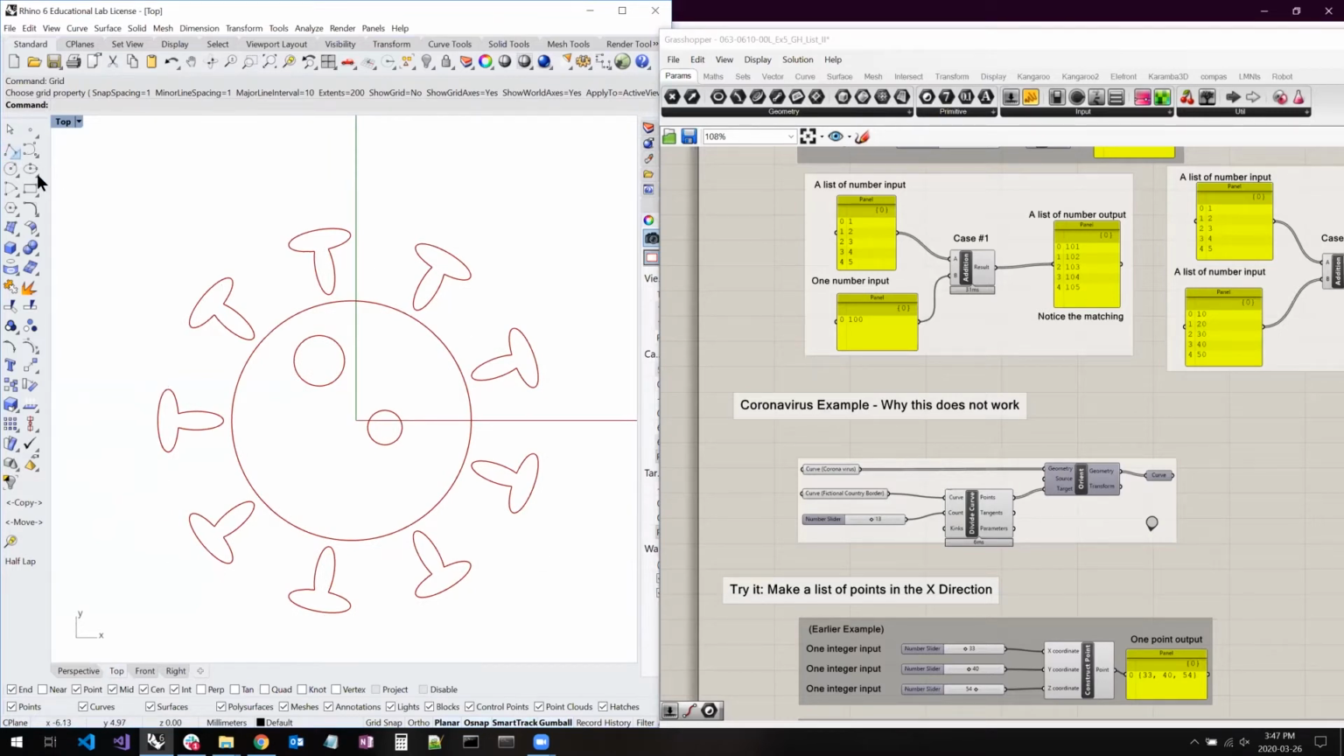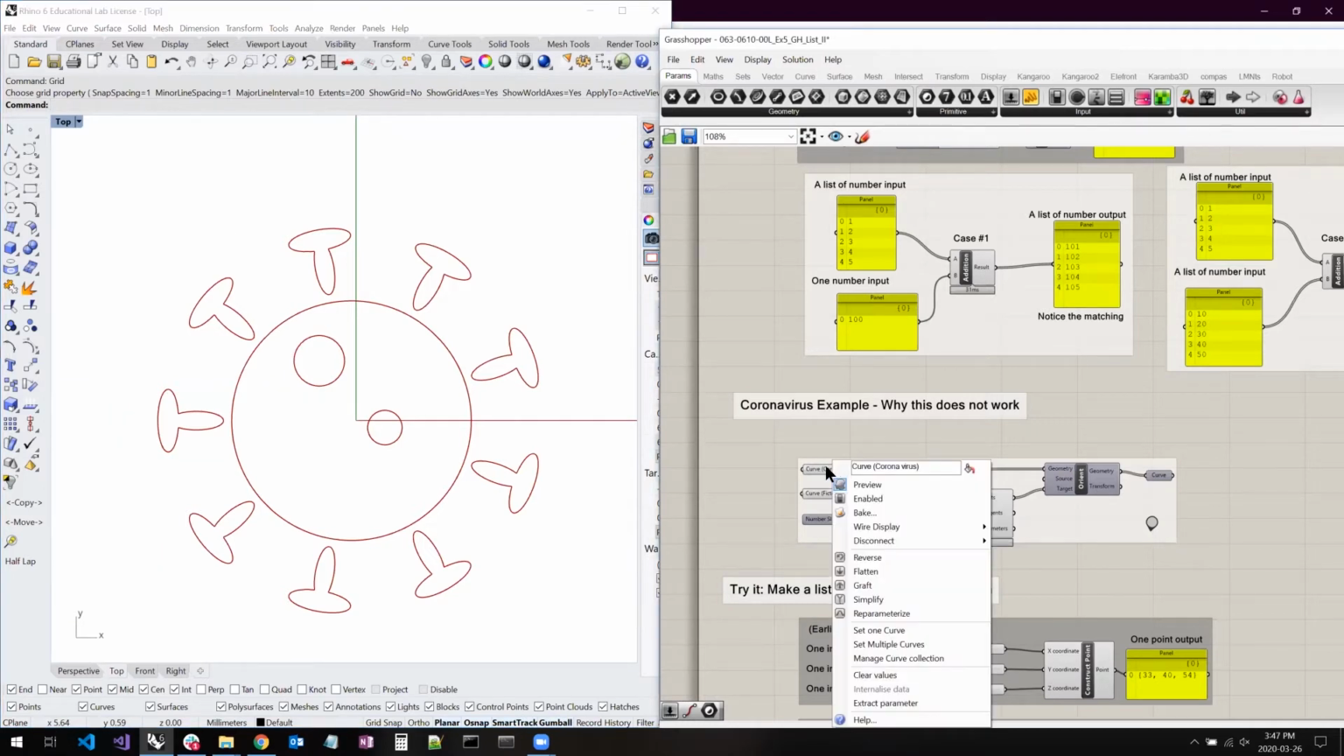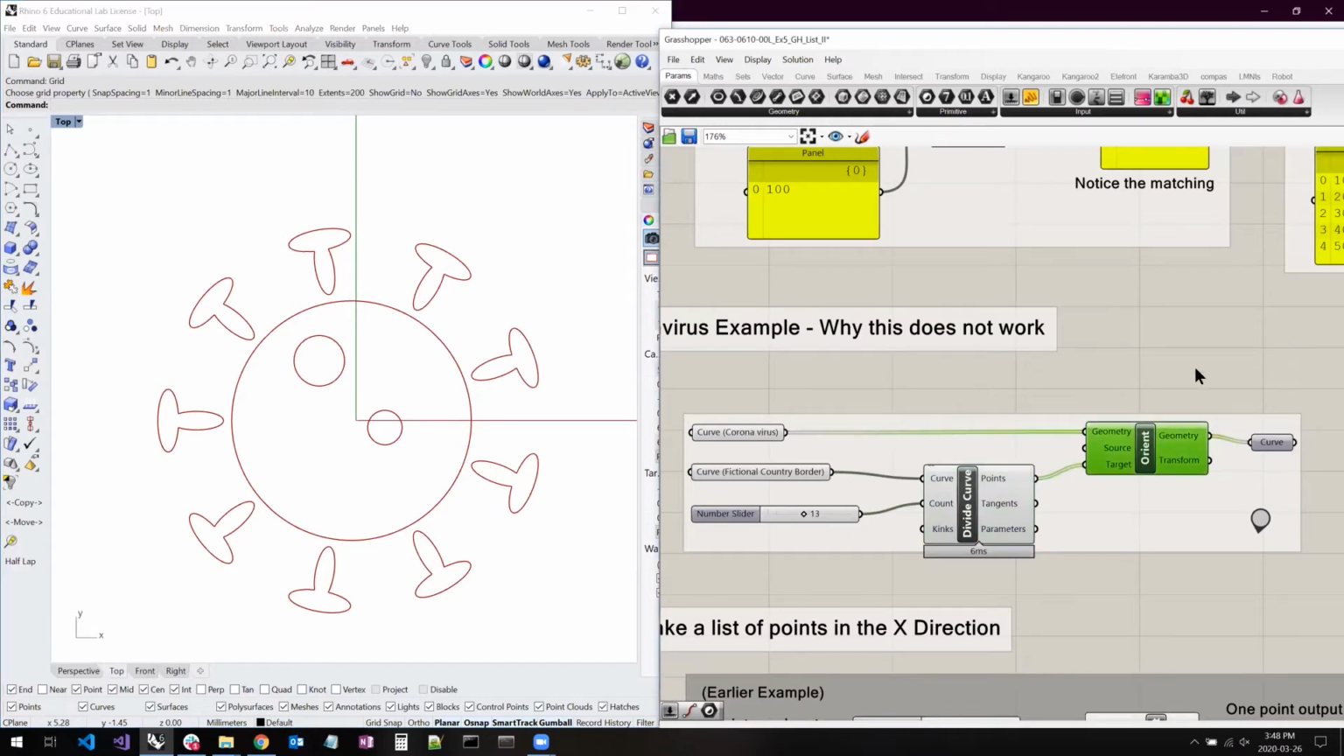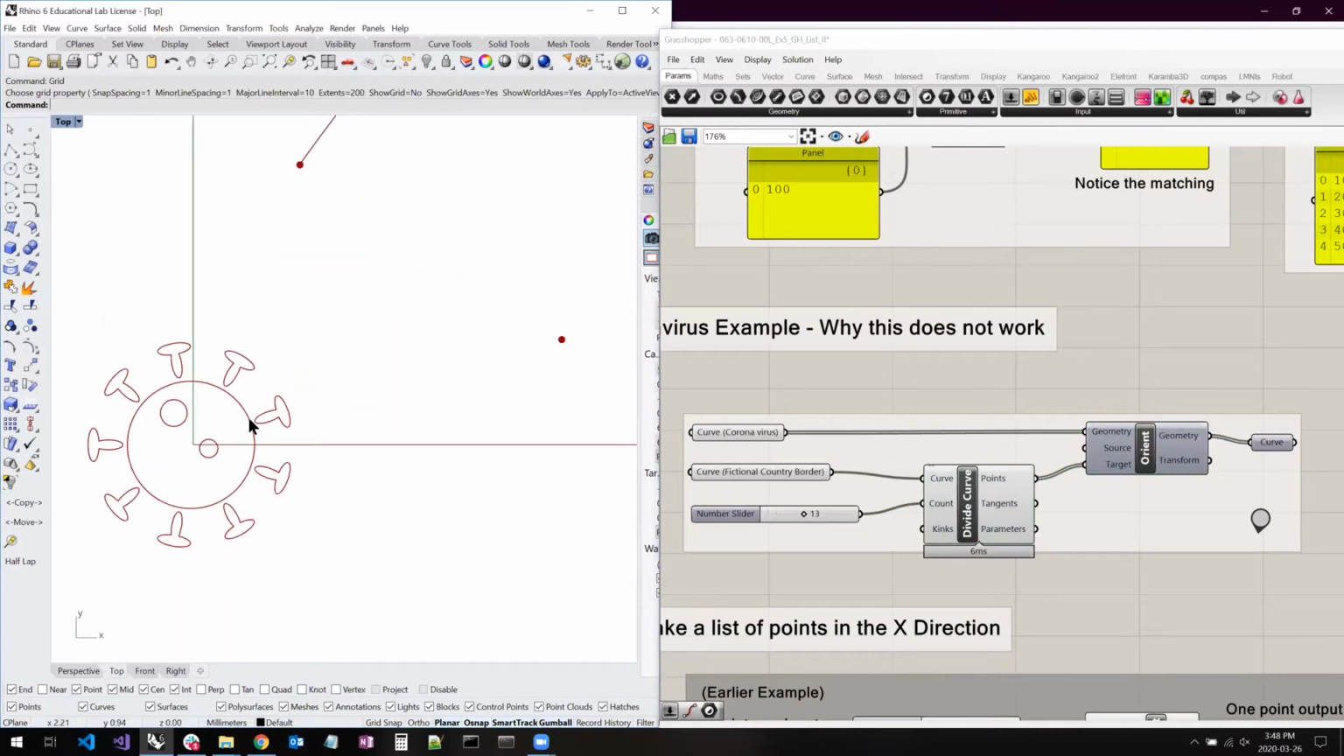So the student drew this thing in Rhino and even used polar array to make these sort of antigens on the outside of the virus, polar arrayed around the thing. And then the student right clicked on a curve component and then set multiple curves and selected everything in Rhino. And since we've learned the idea of divide curve last time, and we also learned the idea of orient, this student